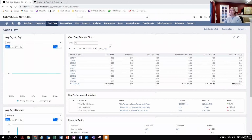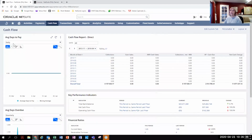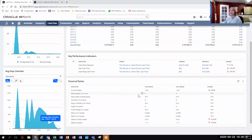So here you can see that I've added a report. This is actually a saved search portlet for the cash flow. So here's my saved search called cash flow report. Here's my graphic. I'm going to go back to a quarterly view here. So I can see on a quarterly basis what my average days to pay are, my average days overdue in a graphic form, and then here's some of those KPIs that we talked about earlier. So total bank balance, net cash flow, and again, I can change what periods I'm looking at, and then my